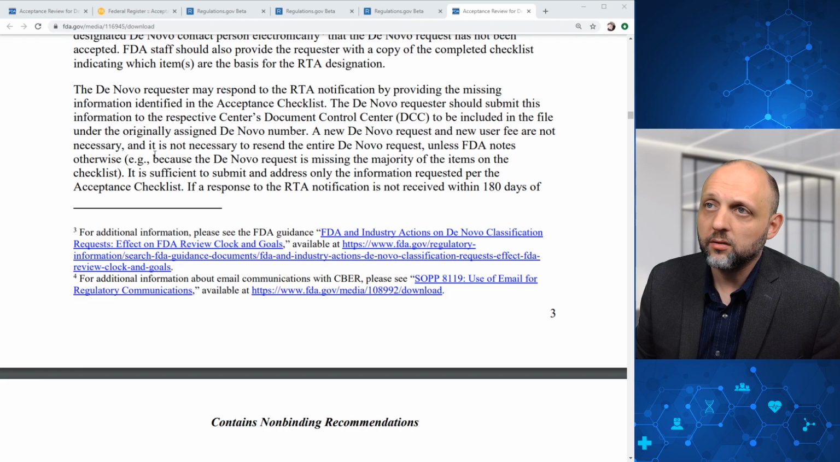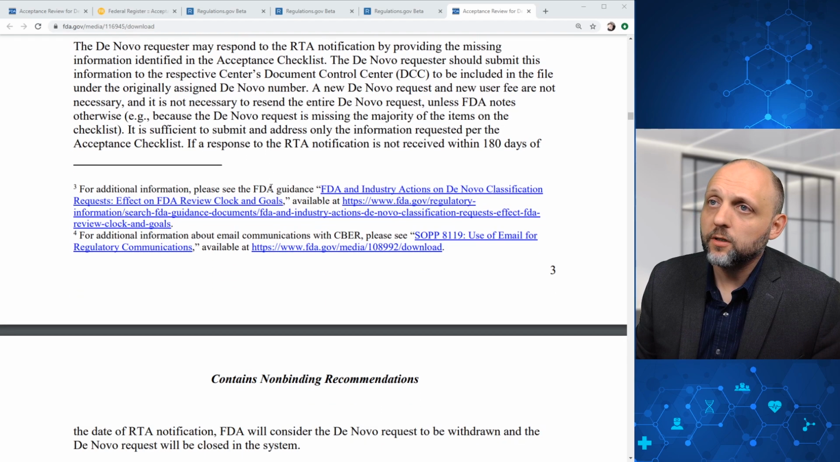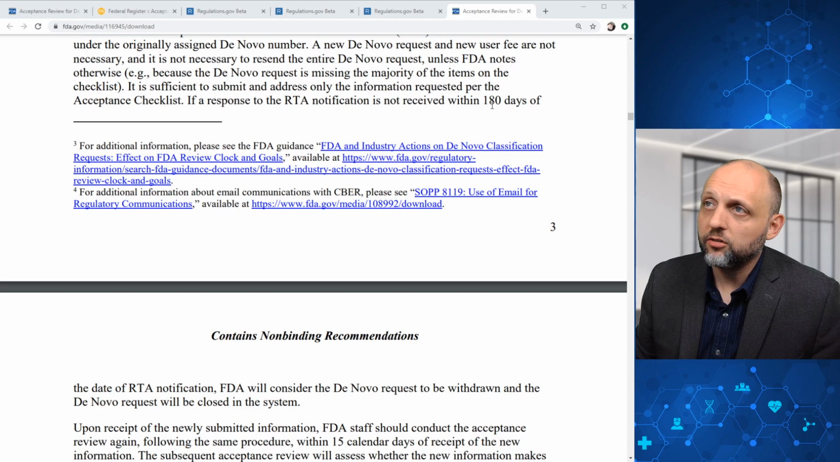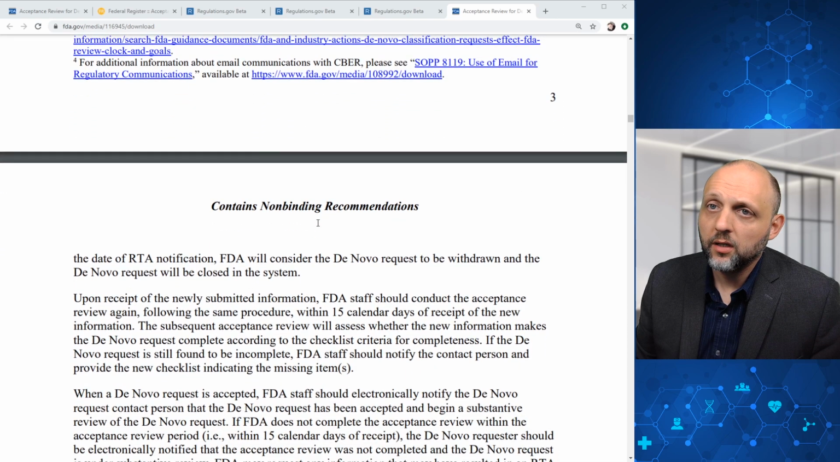So this would be major deficiencies in the submission. Please just basically try over from scratch. But usually it's just going to be those missing elements identified. But if you fill out the checklist in advance on your own, hopefully you will be accepted. If a response to the RTA notification is not received within 180 days, the date of RTA notification, FDA will